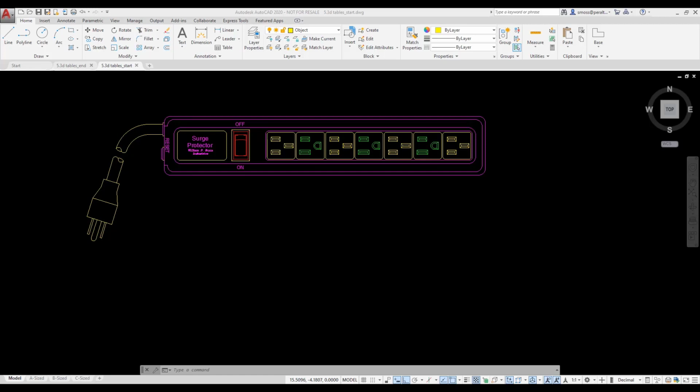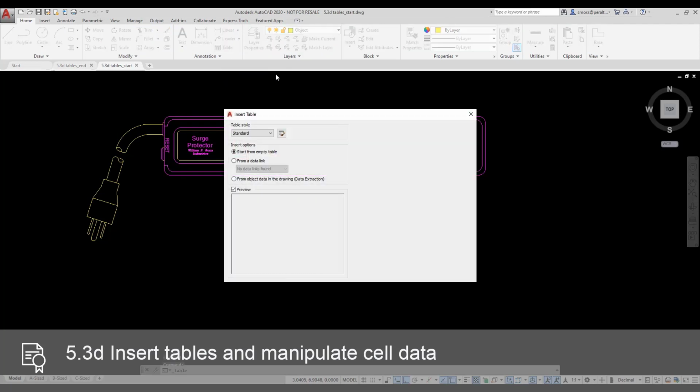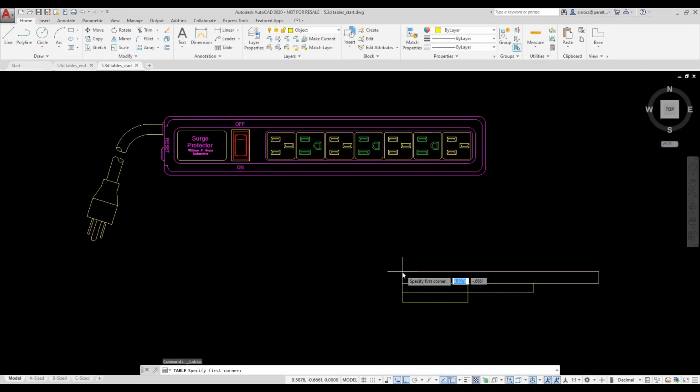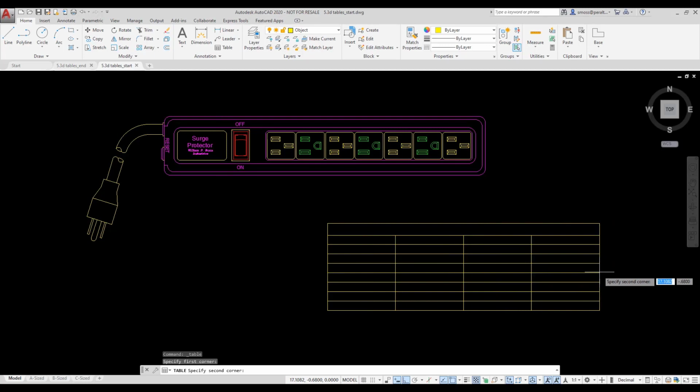In this lesson, we're going to insert a table object and add some cell data. To insert a table, I can use the Table tool from the Annotation panel on the ribbon. I select the Table tool and a dialog box opens. I'm going to set the number of columns to 4 and the number of data rows to 7. I press OK. I select a point to place the table and then select a second point to specify the